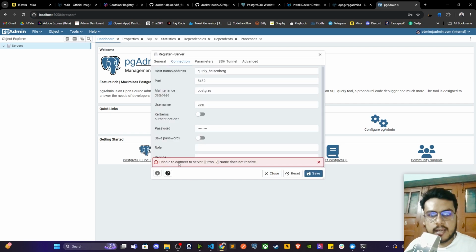It will say unable to connect to server. Okay, so this is the limitation over here, that we are unable to connect our pgAdmin to the database. Now to solve this issue,